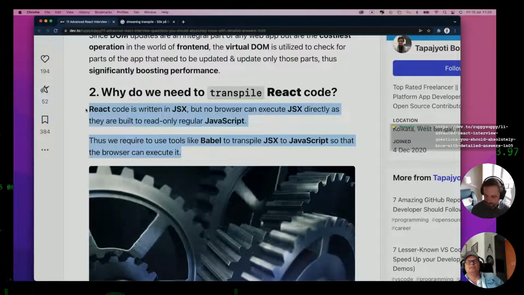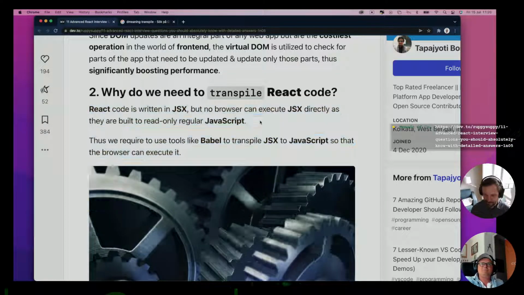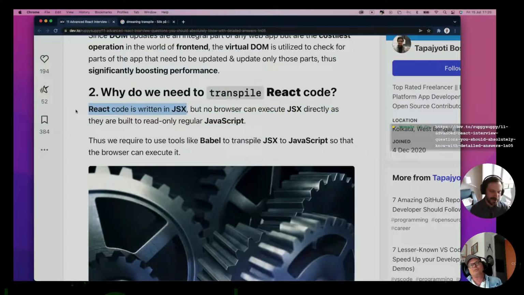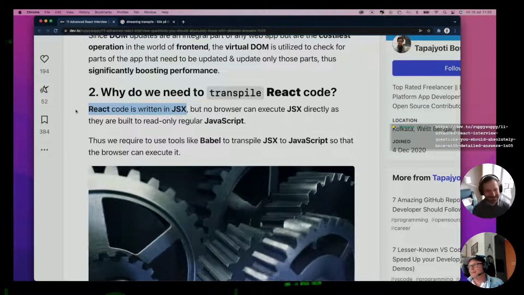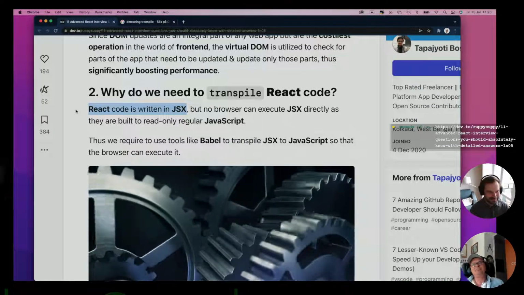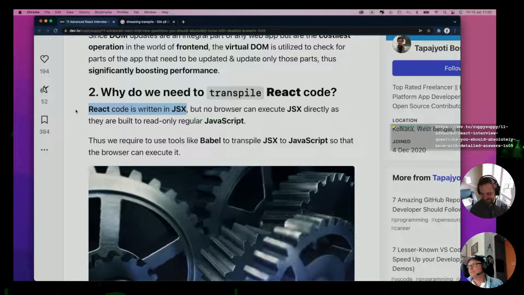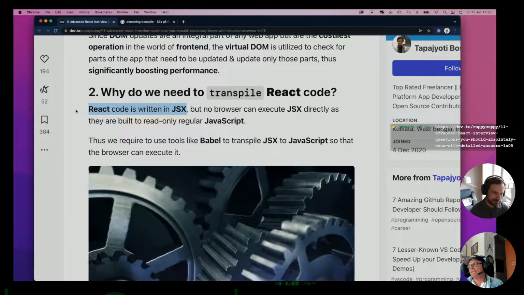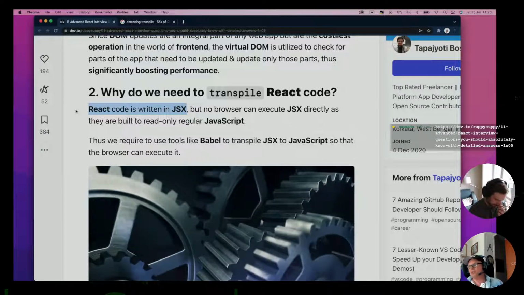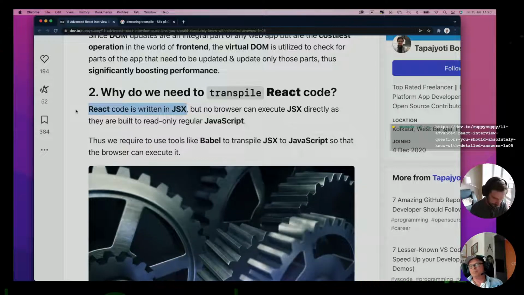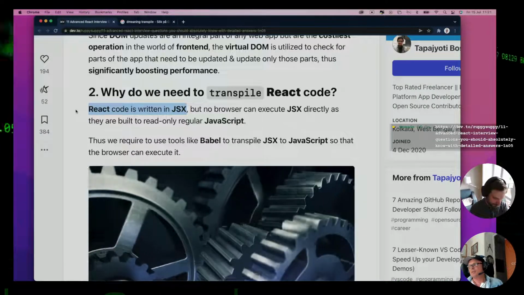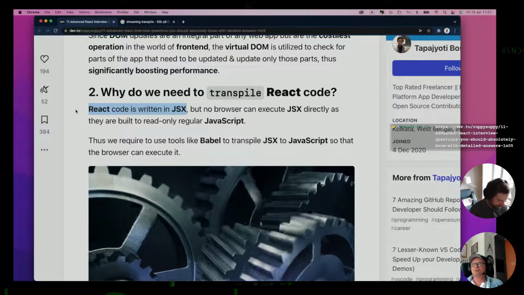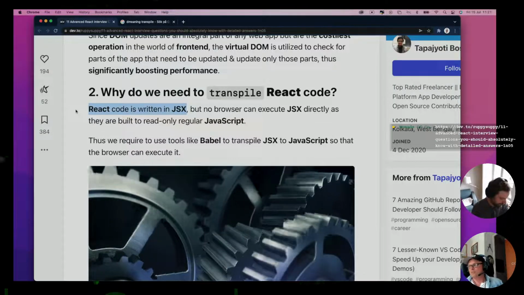Two paragraphs. Let's dissect the first one. React code is written in JSX. Let's start with this. Yeah, that's a little bit of a stretch, isn't it? React uses JSX, right? For the representation of the UI part, but a React component can contain much more than just the user interface. It can contain logic. The overall reason for a component to exist is to render a bit of UI. So yes, in that way,